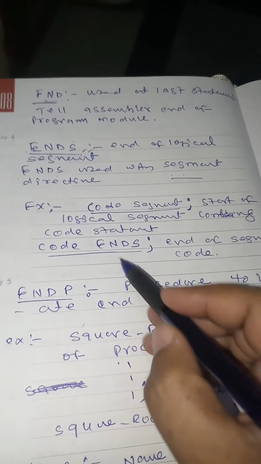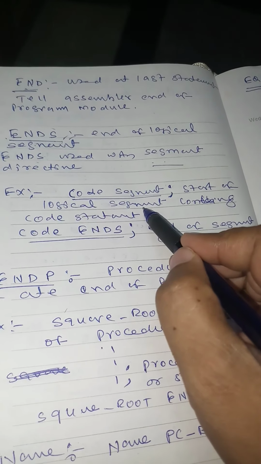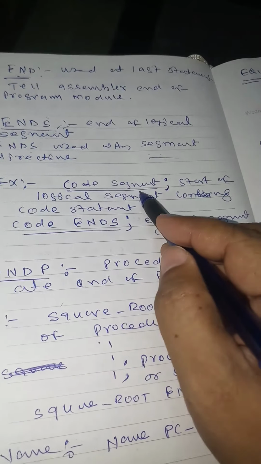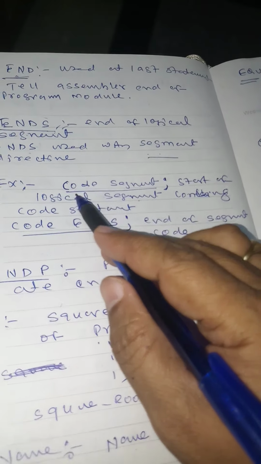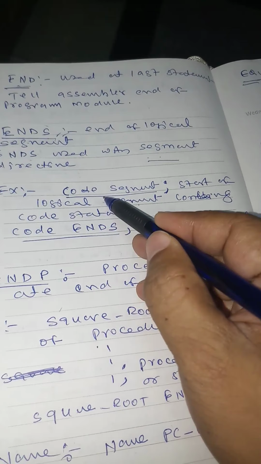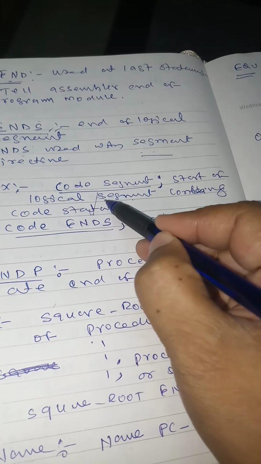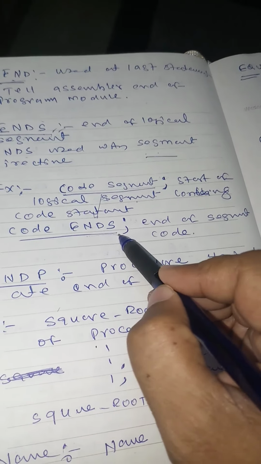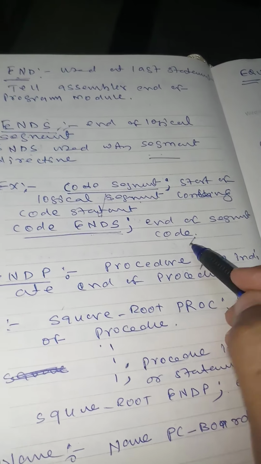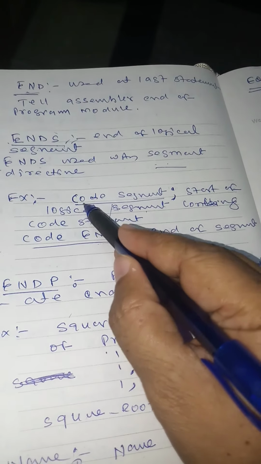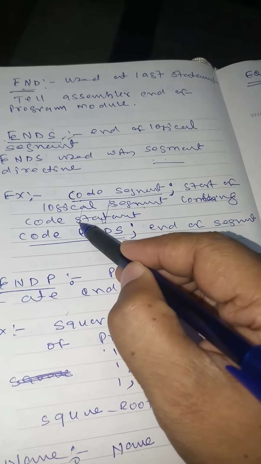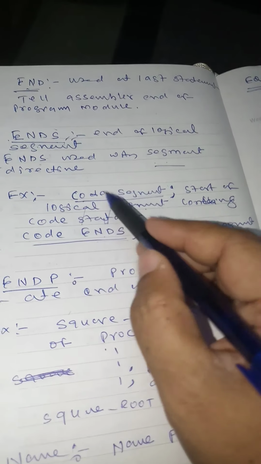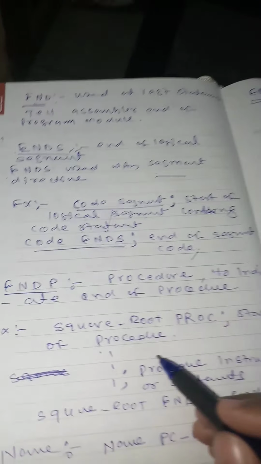Okay, then you can see here the code segment. An example is the code segment, which is the start of any segment. We have the different code in between, from this to this. So the code segment has to be ended with CODE ENDS. That is called the end of the code segment. Like this, you can have the data segment, with the related code of the data segment, then DATA ENDS. So that is the example of ENDS.